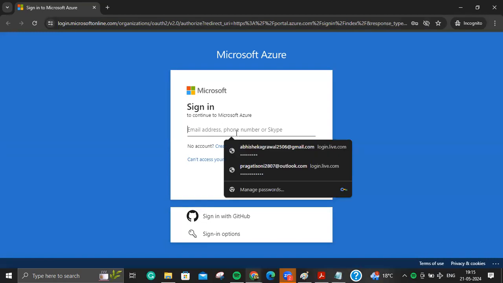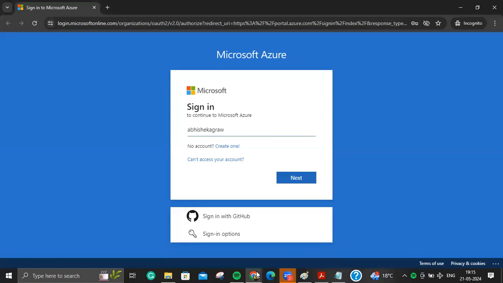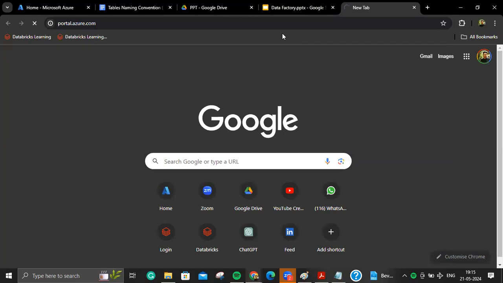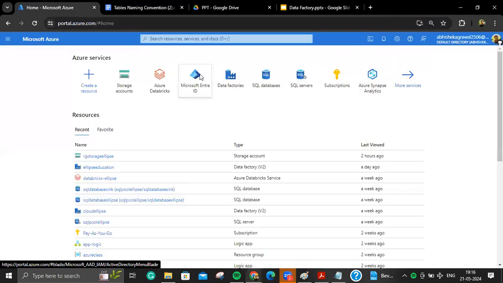And here you can put any email id, not necessarily an Outlook email id. You can put your Gmail email id and then make your account. Okay, once you make your account, go to the next step and then create your account. Once you make your account, this kind of window will come. Okay, let me show you. Yeah, you will not get this window, but I will show you what kind of window will come. Give me a moment.